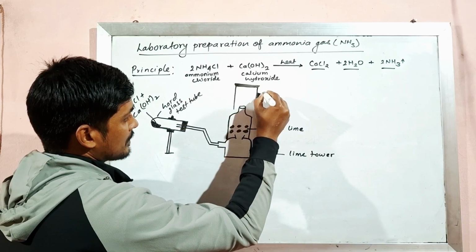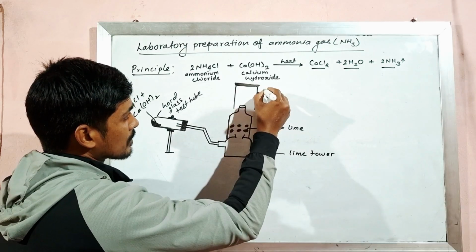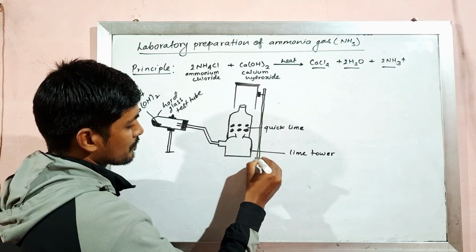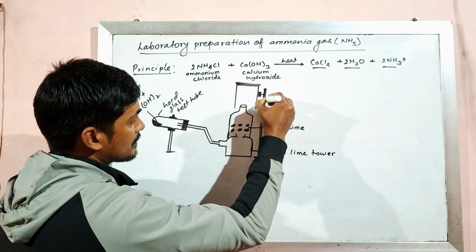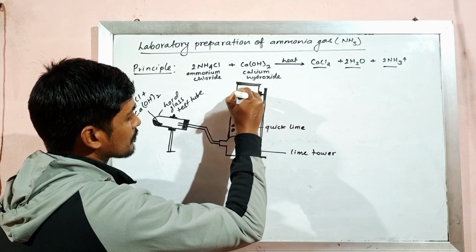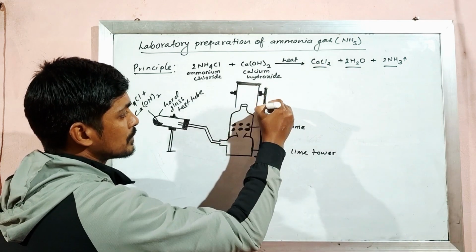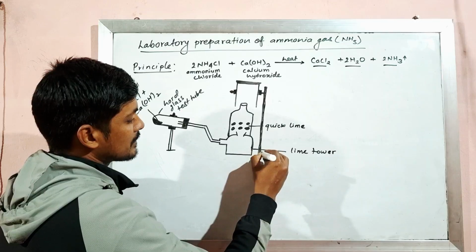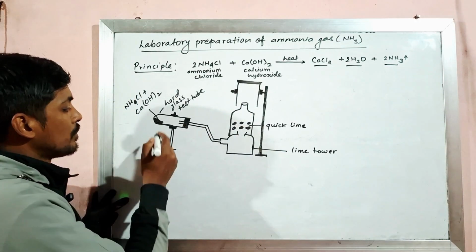Here is another iron stand which supports this gas jar to remain inverted like this. It is fitted with a clamp. This is the iron stand. After setting the apparatus like this, we supply